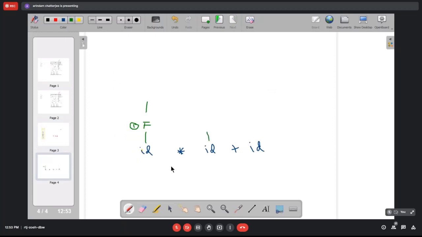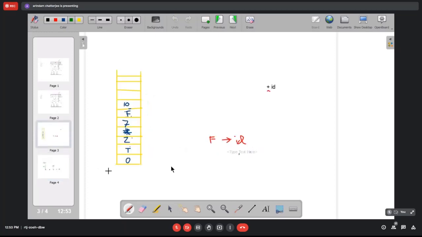Oh, I forgot this action. This is step 2, we have already done it. Second reduction. This is the third reduction. This is the third branch which is created in the parse tree. Okay, fine.